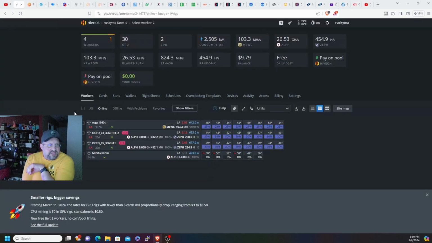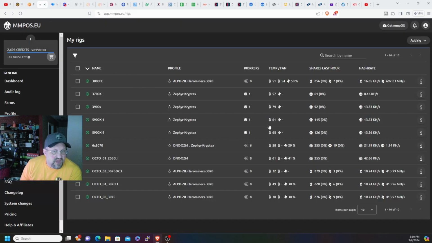But the way I have everything set up now, as you see, there's only 4 workers. If you've seen my previous videos, I only have 4 workers left in there. That is going to be dropping to 2. So what I'm probably going to do is move the 2 octaminers in here back over to mmpOS, because if we look at mmpOS, I have 10 workers in here now,